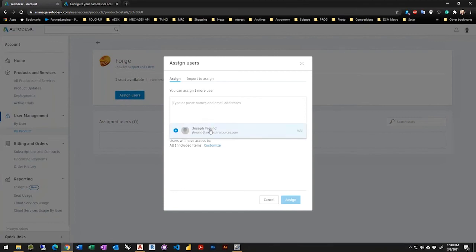Now I'm already in the system, so I could assign myself, or I could go ahead and type in here John Doe, and then type in the email address, making sure I put it in those brackets, and then I would be able to invite John Doe. So by clicking assign here, I would both be adding John Doe to the account and assigning him a seat